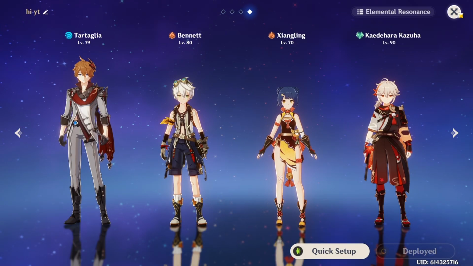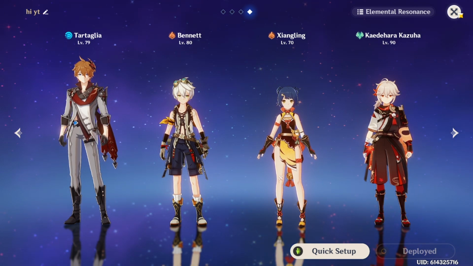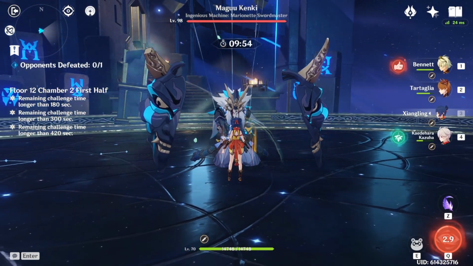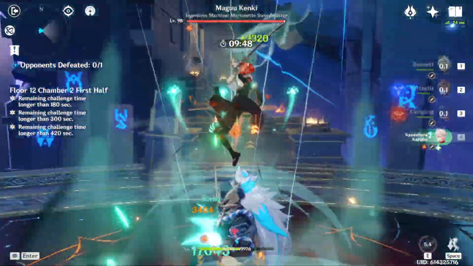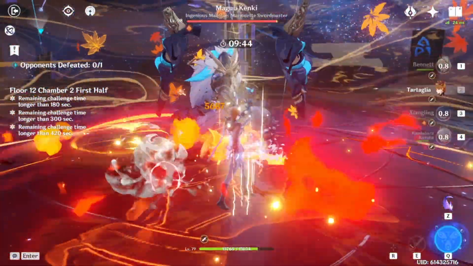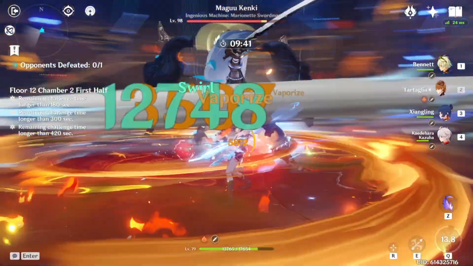So I'm going to go ahead and test out how much damage can be done against the Maguu Kenki in the current 12-2 Spiral Abyss. Okay, so waiting for the Maguu Kenki to wake up, and here's our general rotation. We're going to start with Bennett and do his E and then his Q. Kazuha, same thing, E and Q, and then swirl for the resistance shred. Then we have Xiangling with her Q, and then I'm going to pop Tartaglia's Q in his melee stance, and as you can see there,